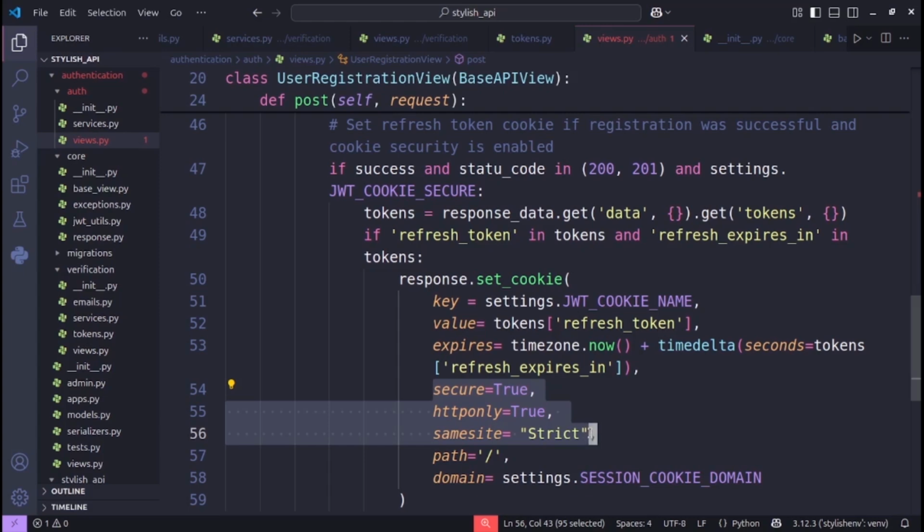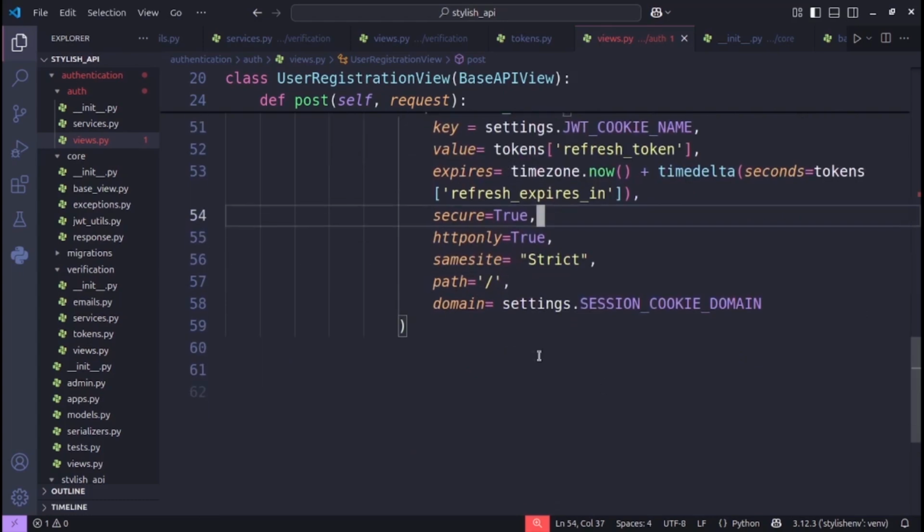This is a common security practice, so it makes the refresh token less vulnerable to theft via cross-site scripting, I think XSS, that attack, compared to storing it in local storage. So the access token, which is short-lived, is typically sent in the authorization header. So that's why we only have the refresh token here. So after that, what we'll do,